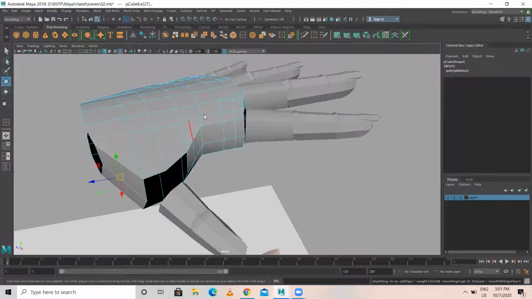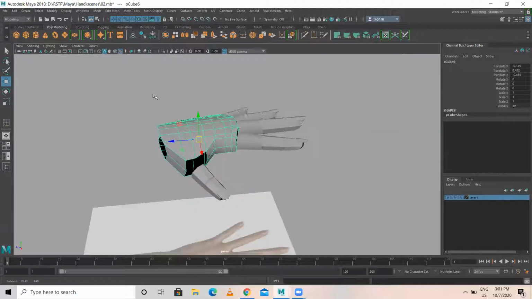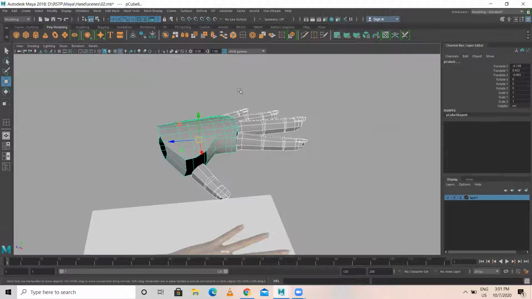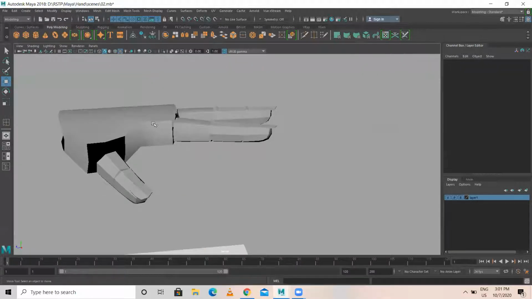Okay. Not like this. We need to do it in another way. Let's see that. So first, select all this. Edit, delete all type history. Then after that, the next step is we need to combine all this.